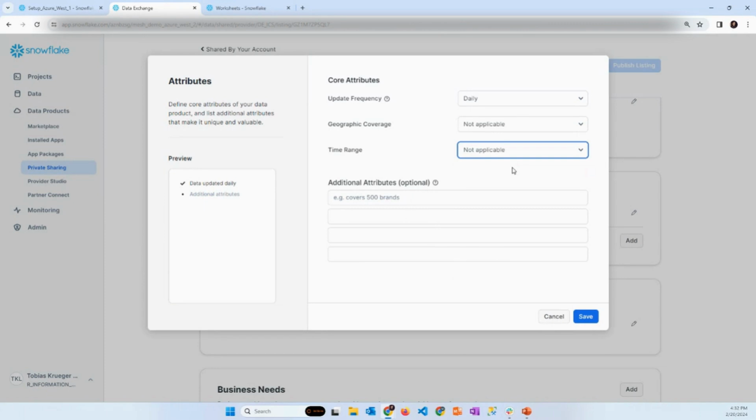Currently that's not applicable either. We can also give some more attributes, which later on, in this data mesh approach, help your consumers and yourself get an overview of what you really offer at the moment and what can be consumed. But for the demo, I'm a little bit lazy.